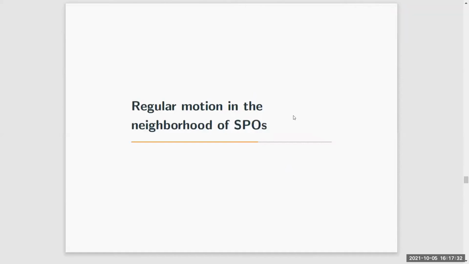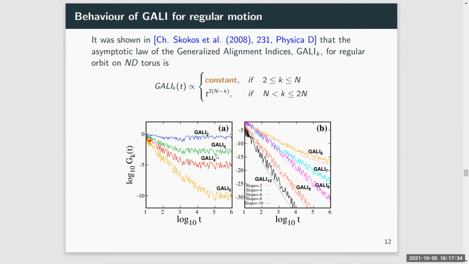Deviation vectors. That means if we take different random choices of initial vectors, it gives us a different GALI value. So to statistically analyze the behavior of GALI, we decided to take several sets of initial deviation vectors and take